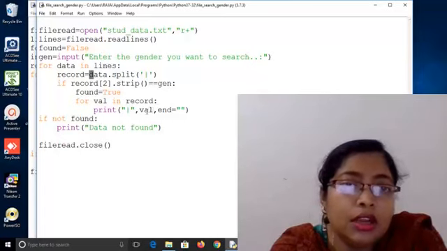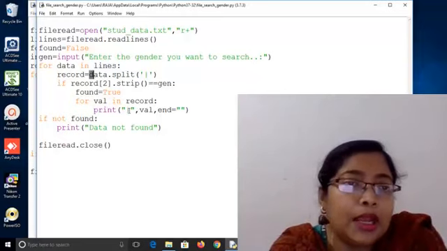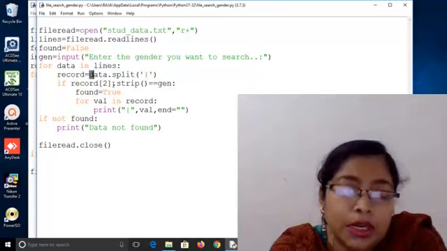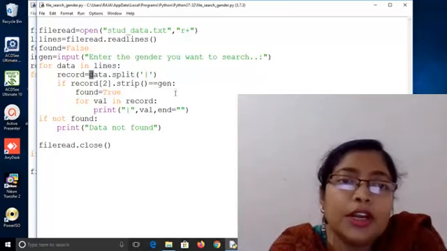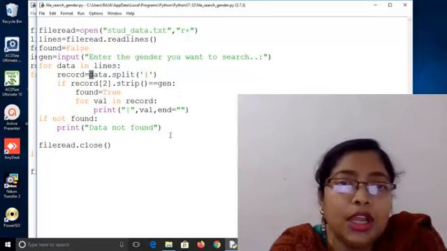For val in record means each and every part of the record is being printed separated by this pipeline. If that particular gender is not present at all in the file, then data not found will be printed.